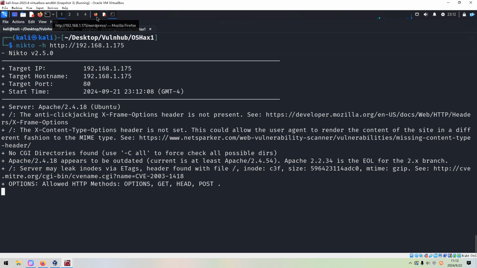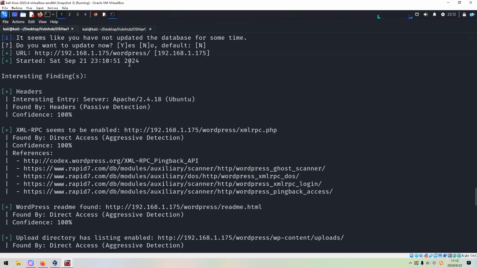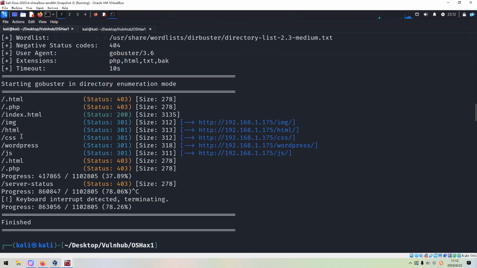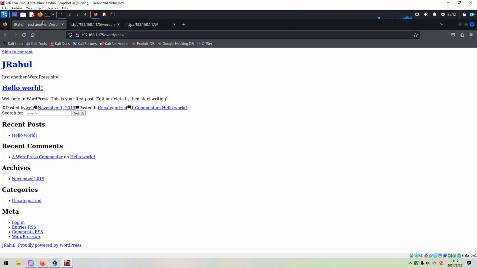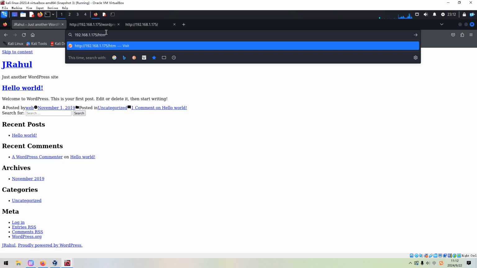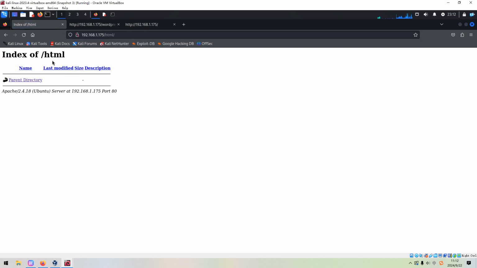Okay, so now we know that with Nikto we found some directories, right? For example, like with GoBuster, images, HTML. So we can take a look at the HTML directory, but there is nothing under this directory.